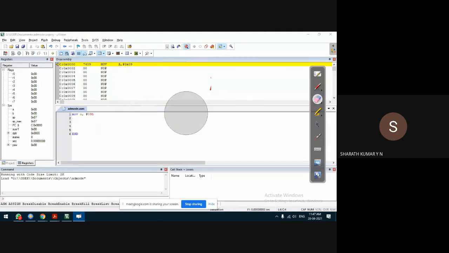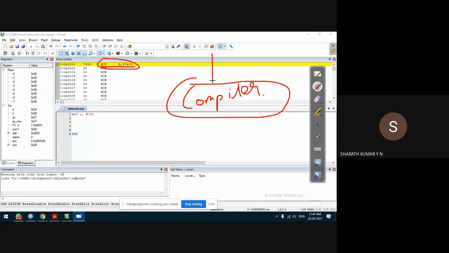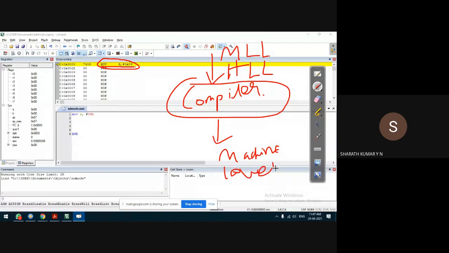Yes, now it has generated what is known as an instruction. This instruction is internally converted. By the way, what is the role of a compiler? This we discussed in the last class. The compiler will convert a program written in either a medium level language or a higher level language into what is known as machine level language. What is a medium level language?